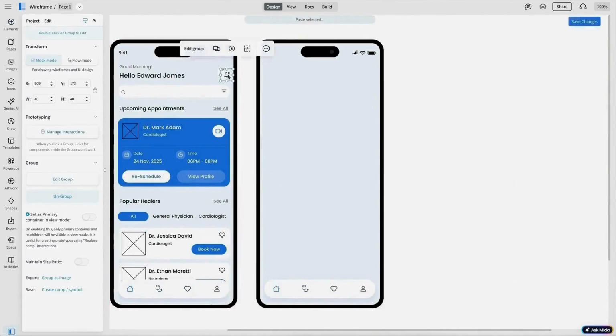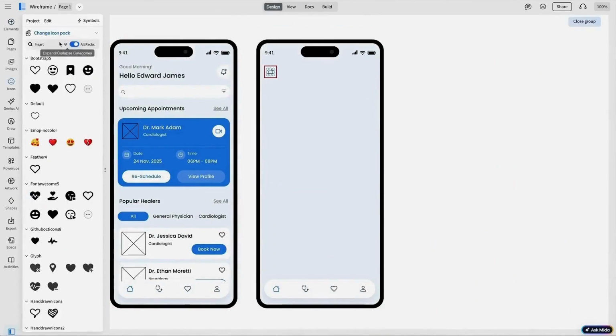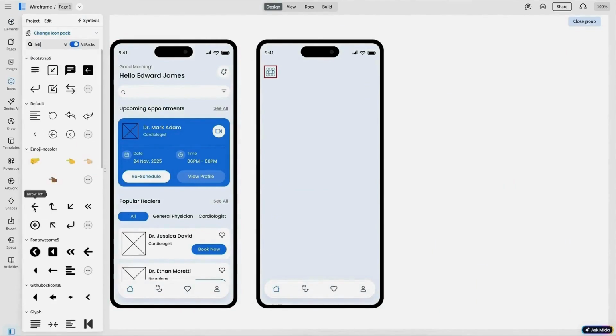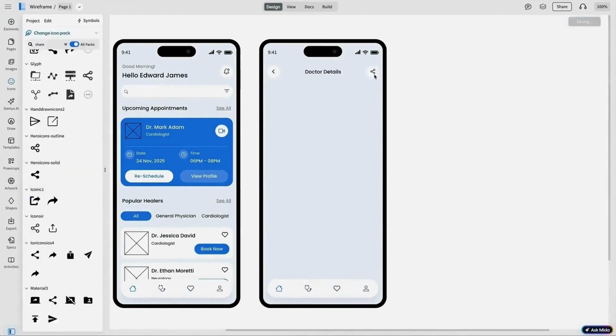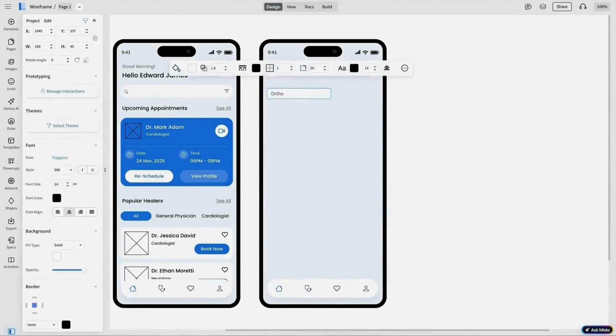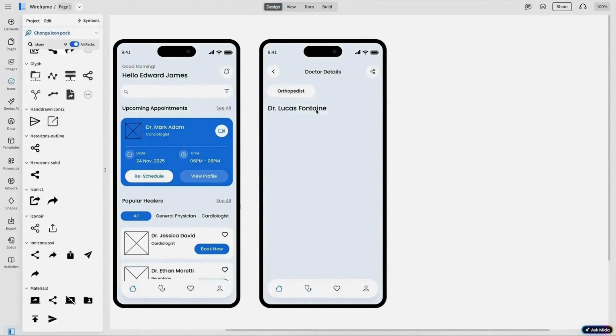Add a circle with a back icon, followed by the screen title. Reuse the circle and replace it with the share icon. Below that, add a button component, include the doctor's name with their specialization, followed by the pricing text and an